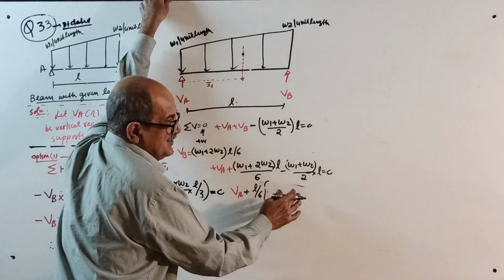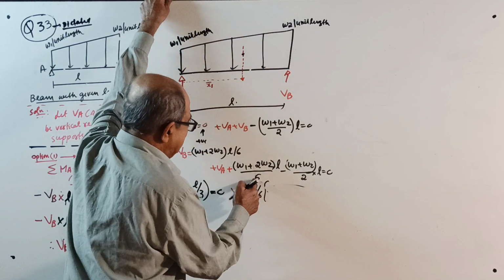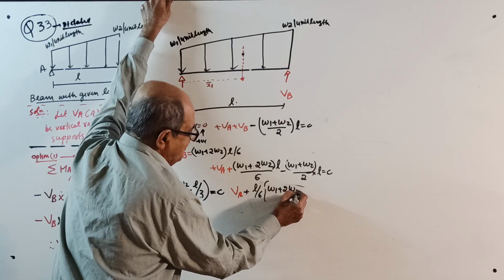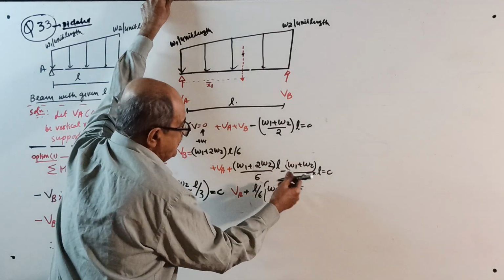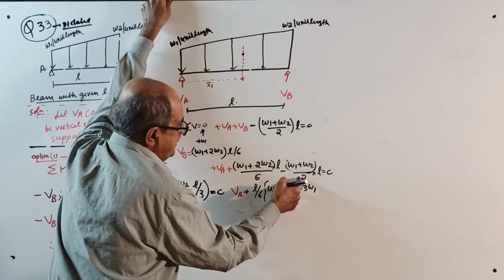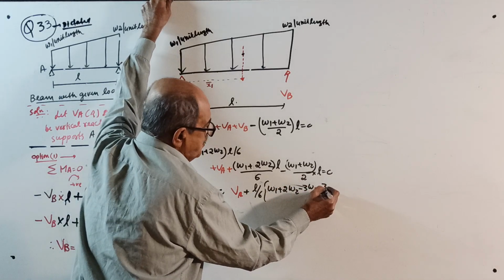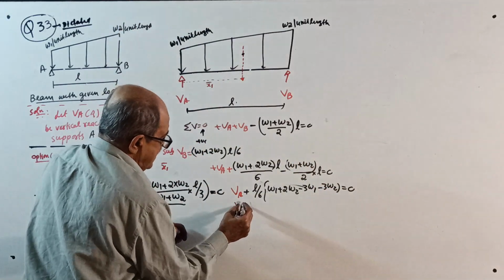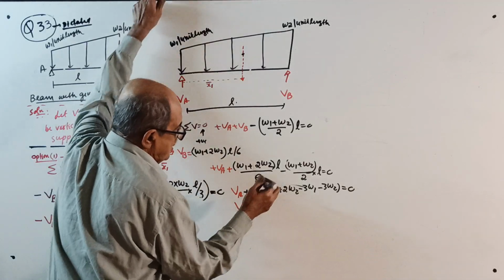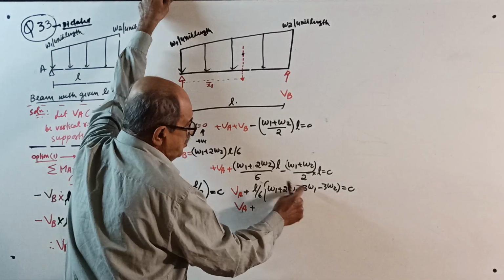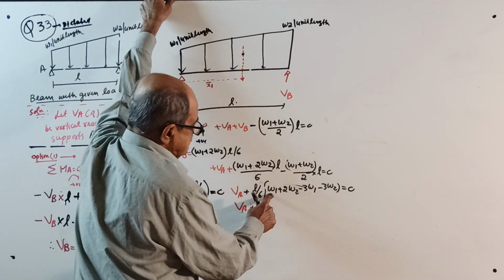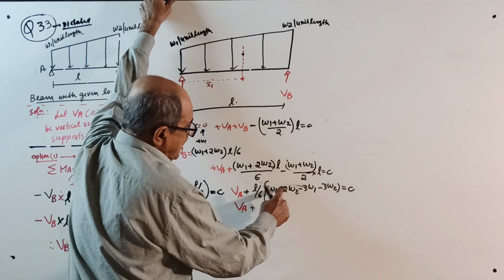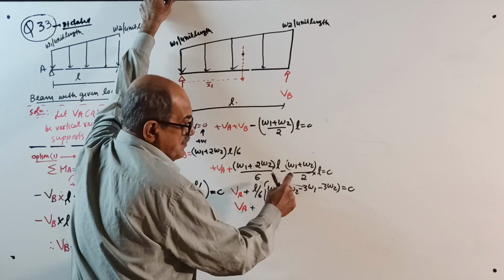Oh, it is there. Sometimes it happens. This is 6 actually. This will come as it is. W1 plus 2W2 minus 3 times 3W1 minus 3W2 equal to 0, or VA plus, see here, W1 minus 2W1, W1 minus 3W1 becomes,